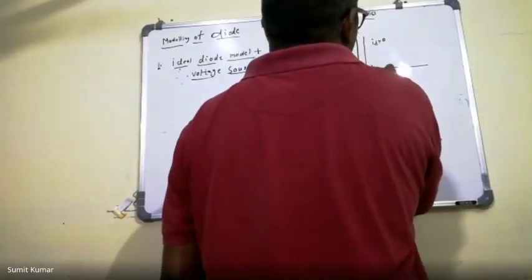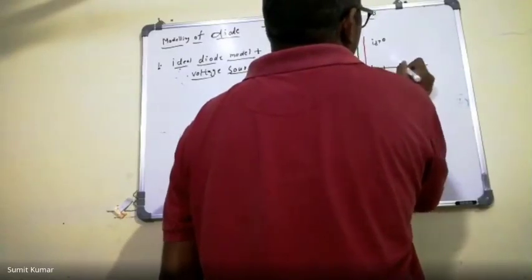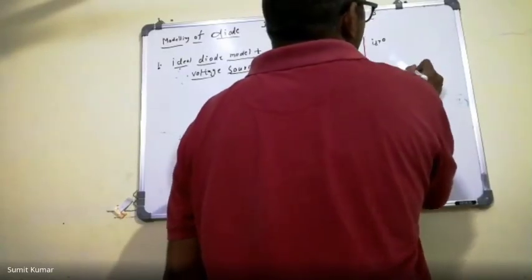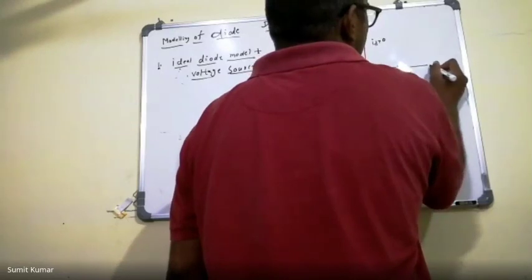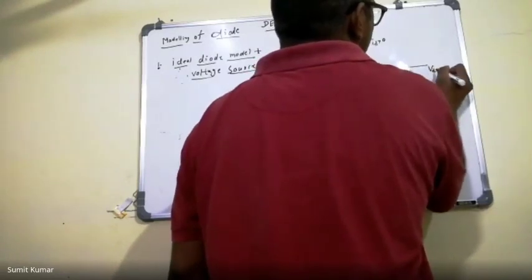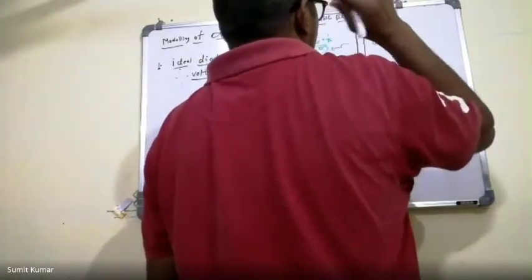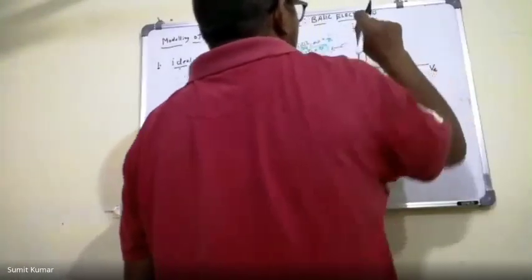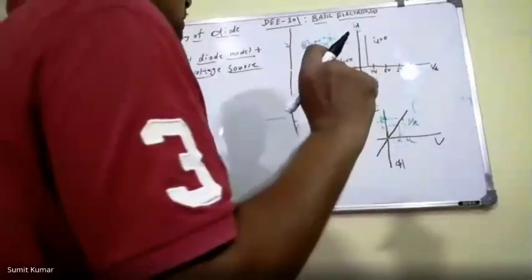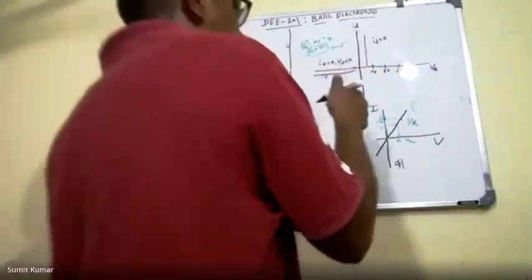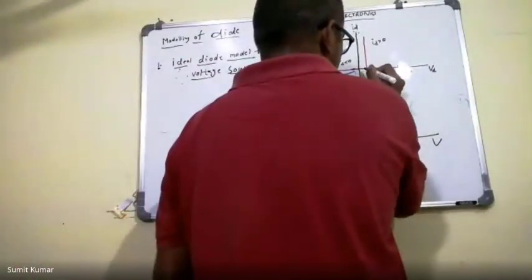This is 1 volt, 2 volt, 3 volt, 4 volt, and this is VD, the voltage across the diode, or you can say the forward voltage drop on the diode. This is ID, the current which is flowing inside the diode, and here this value, let us suppose this value